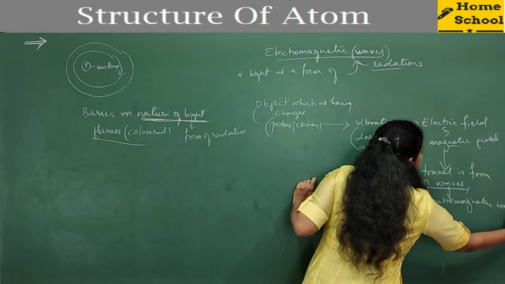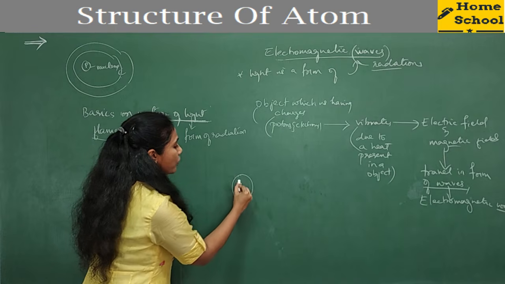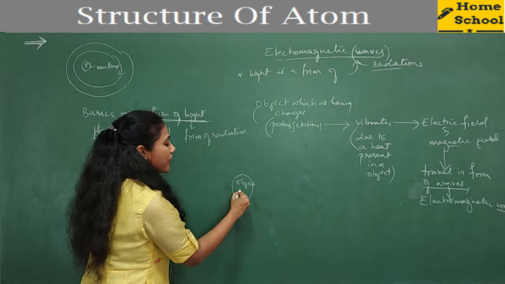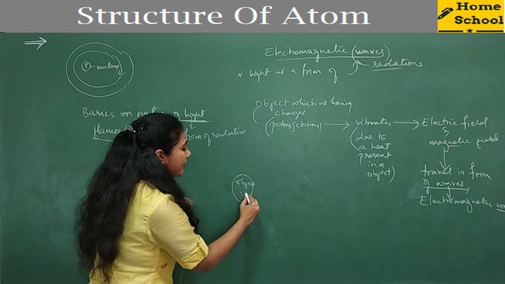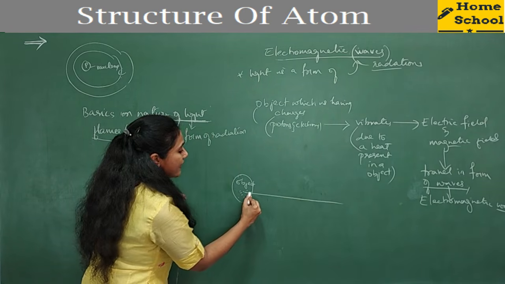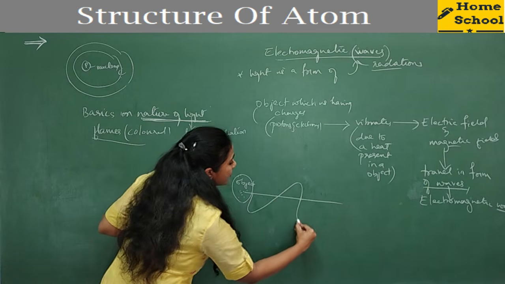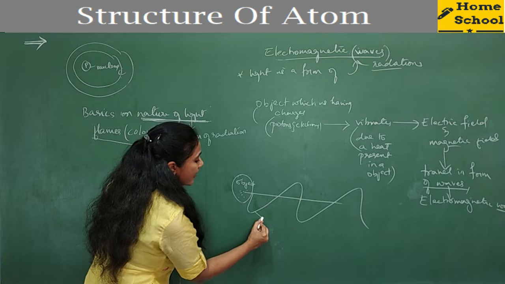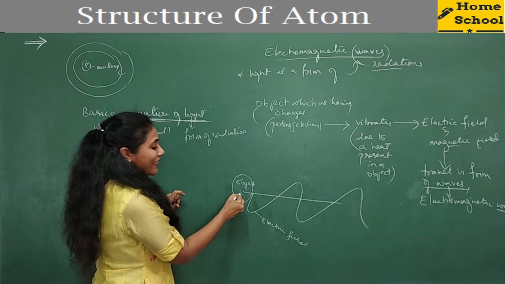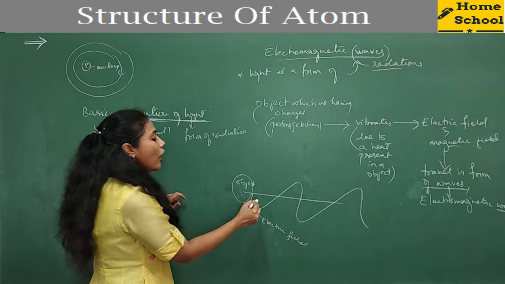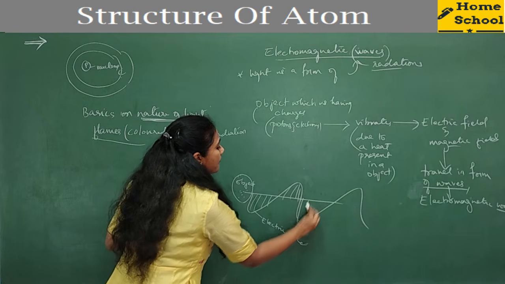Electromagnetic waves. Clear? Say for example, you have an object here, right? This object will have so many charged particles. When they keep vibrating, electric and magnetic fields are produced. These electric and magnetic fields travel in the form of a wave, like this. This is the electric field that is generated by the charged particles present in the object. So this is our electric field.